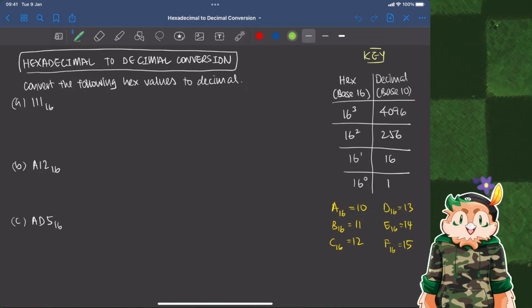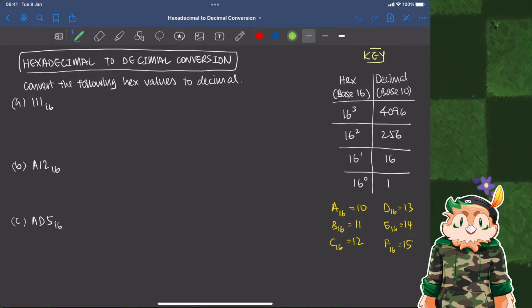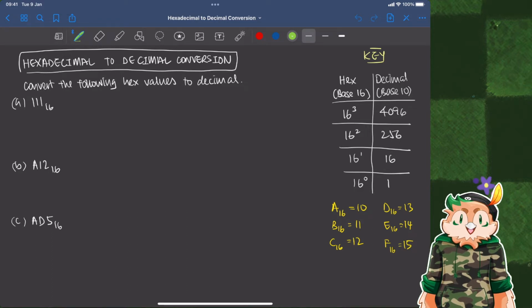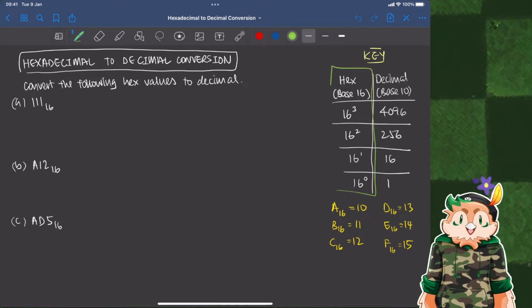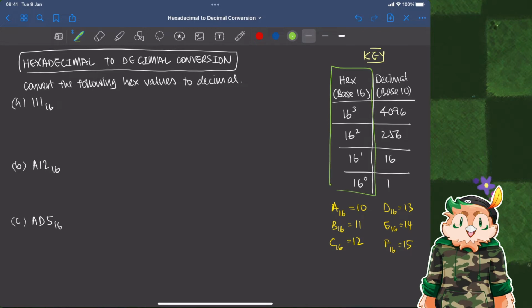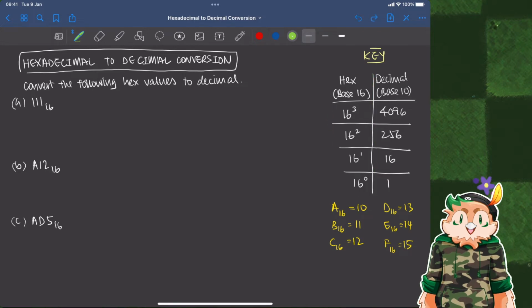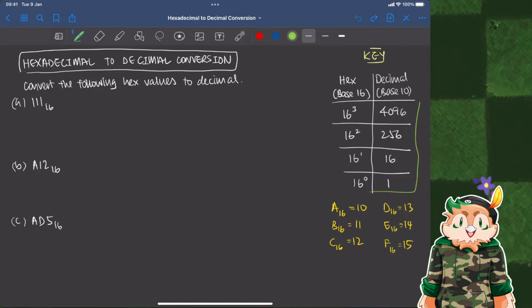With this conversion, I've got a table on the right here comparing hex numbers, or at least 16 powers, with their decimal equivalents. So you've got 16 powers under hexadecimal, which is base 16, and you've got the equivalents in decimal, which is in base 10. So there you have it. Apart from that, I've also included